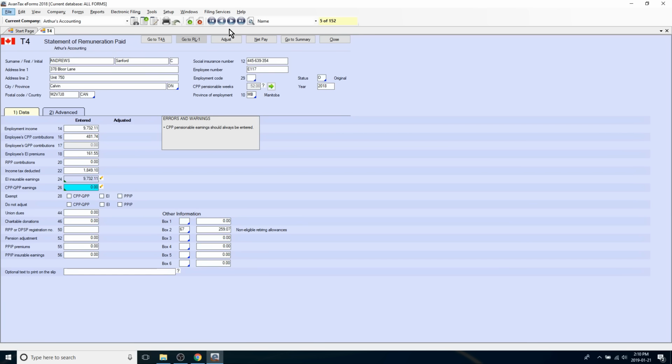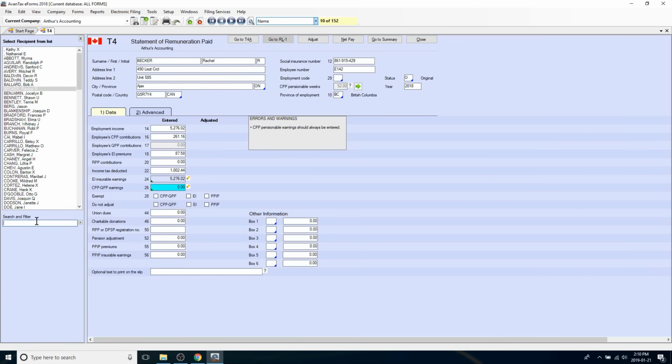Now that we've got these slips imported into the software, I want to find a particular slip for a Jane Doe. Now, instead of having to manually browse through these slips one at a time, I can search for her slip using a variety of different fields, such as the data entry sequence, the name, the employee number, or the SIN number. Let's search for her slip using her name. Let's type in Jane,